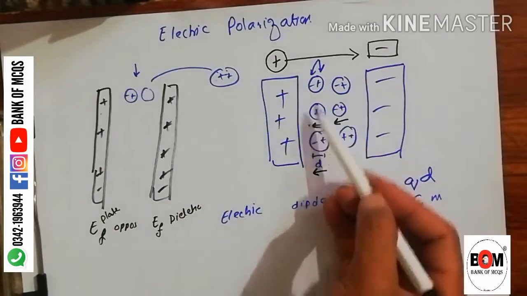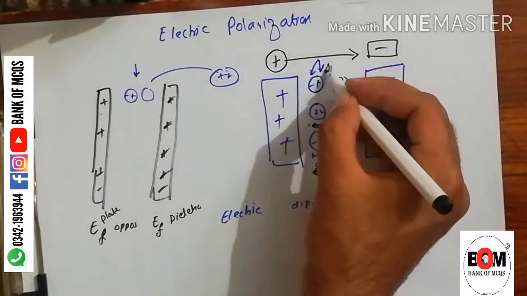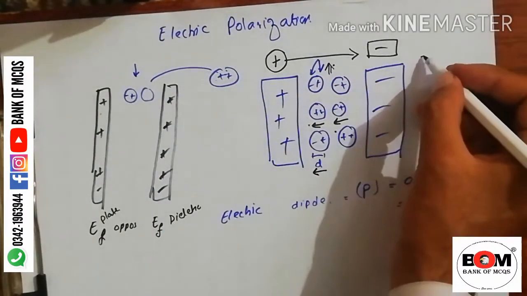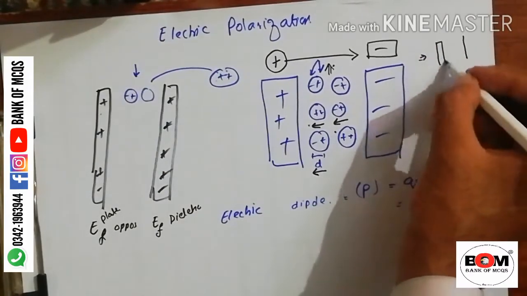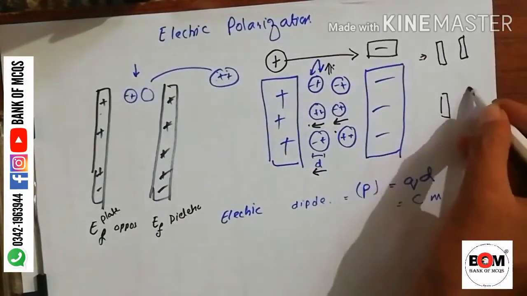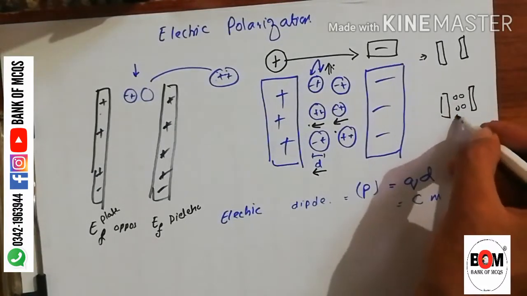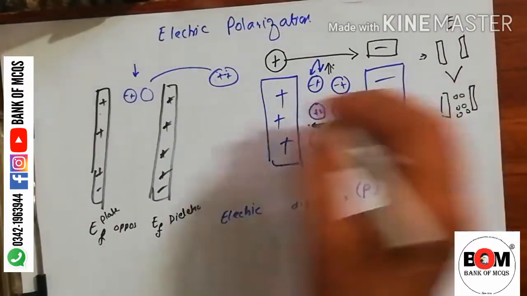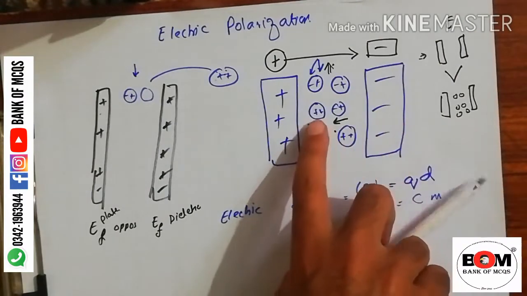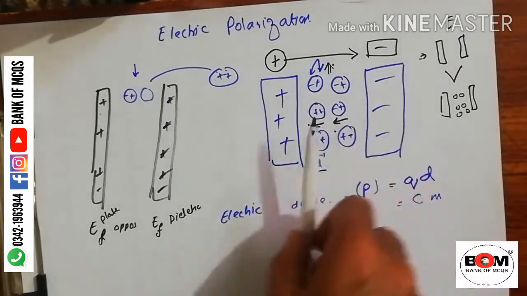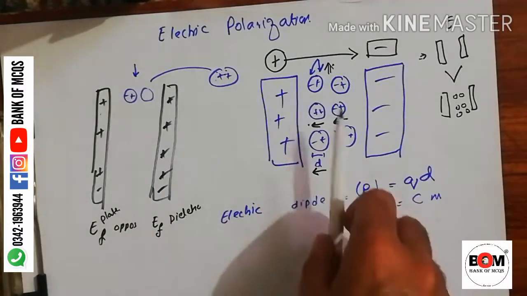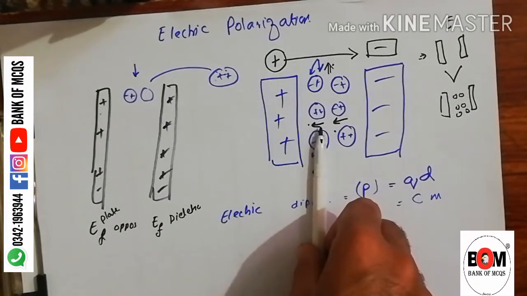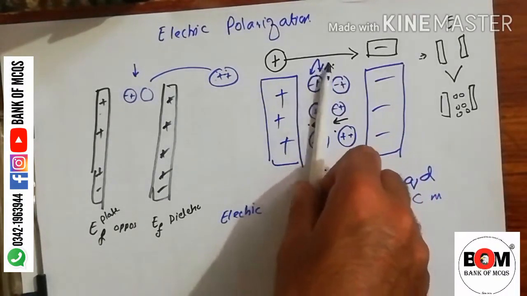As these are opposite to each other, this will cancel the effect of that. Not totally, but it will decrease the effect of the electric field. For example, if we have two plates, one without and the second with the presence of dielectric substances, which one has a higher electric field? This one has a higher electric field than this, because if we put a dielectric, due to the dielectric, electric polarization will take place. The electric field of the electric dipole is opposite to that of the plates, so it will cancel the effect, and hence a decrease will be observed.